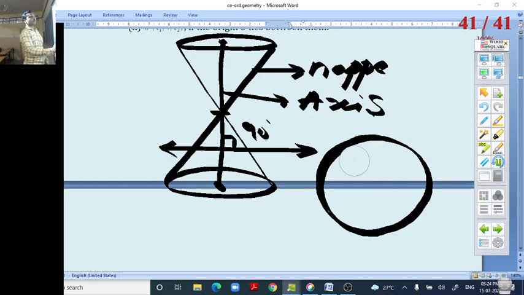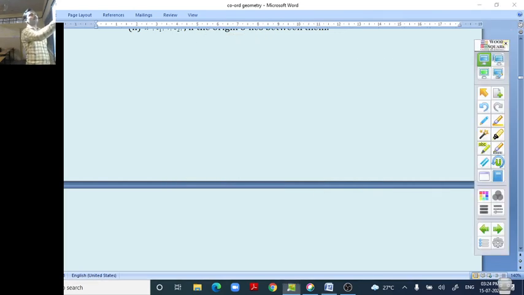So possibly this is a circle. Suppose that this is a circle. This is the cutting of the cone at a particular angle, which constructs a circle like this. As the cone is cut at different angles with respect to its axis, we are going to get different curves. The first one we are going to get is the circle.